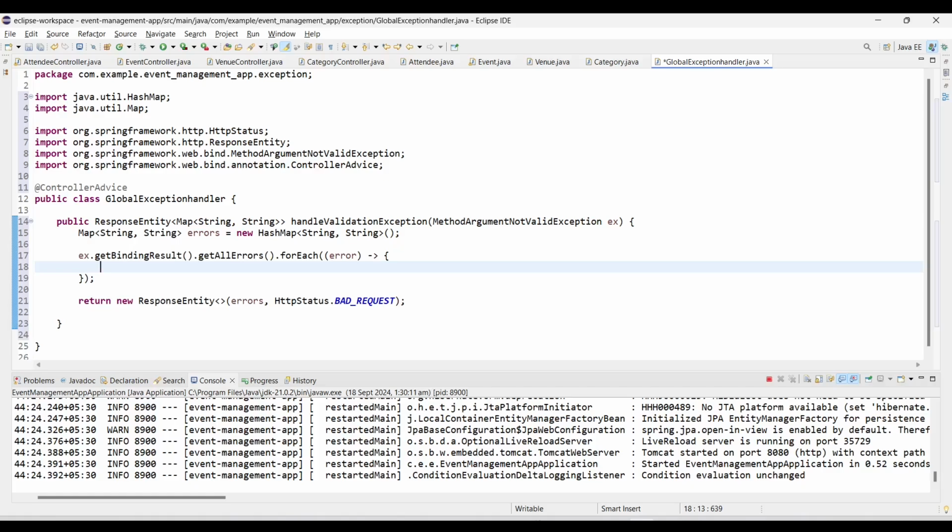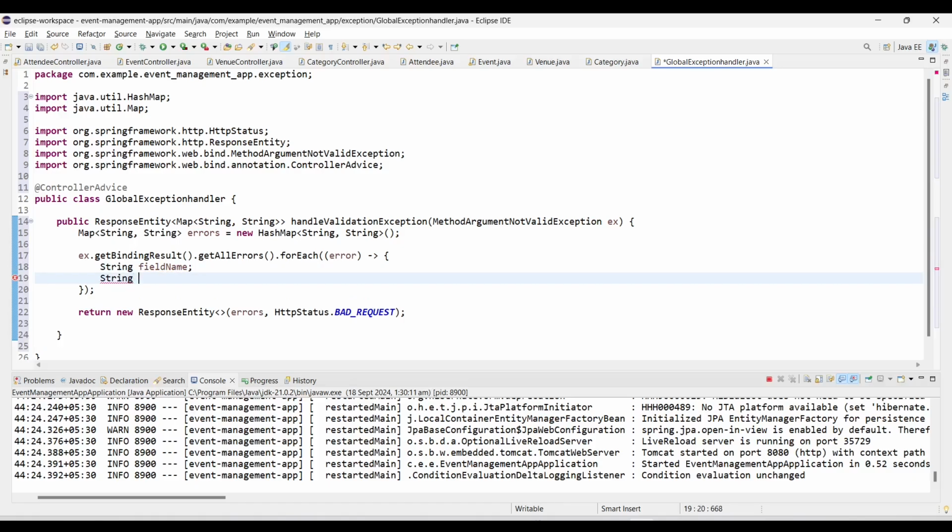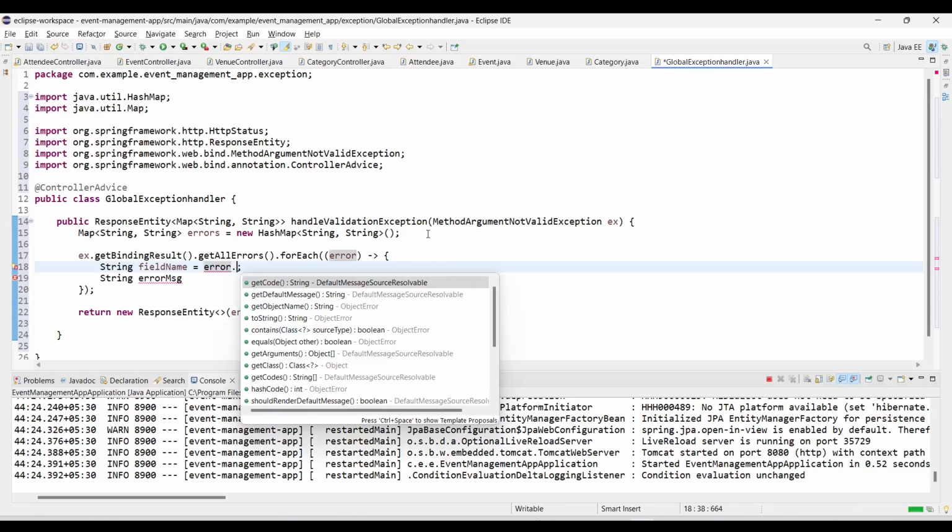Alright, now we will get only two things from each error. First that we need is field name, and the second that we need is error message. So this is going to be error dot,